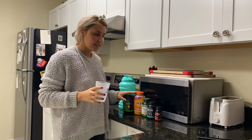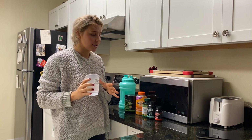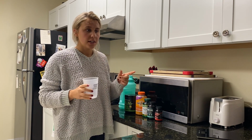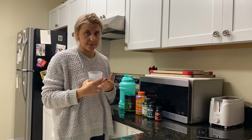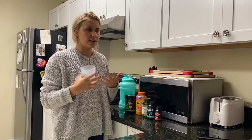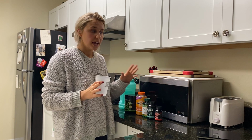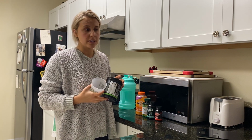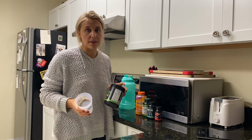They are not necessary. They're not going to be the thing that makes or breaks your progress. But on top of dialing in on my nutrition to where I'm still making sure I'm hitting all my goals with whole nutrient-dense foods, and it's protein, fats, carbs, fiber, and just a lot of the vitamins, minerals. I aim to get a lot of those in through whole foods. Then on top of that, I still do like to get in some supplements within the morning just to make sure I'm filling any gaps that I'm possibly missing with my